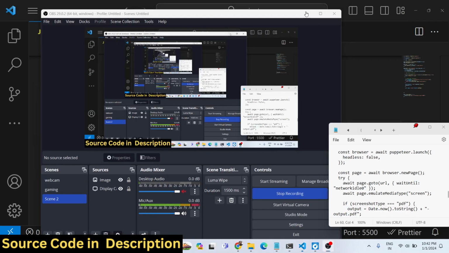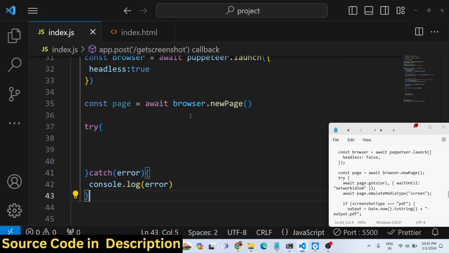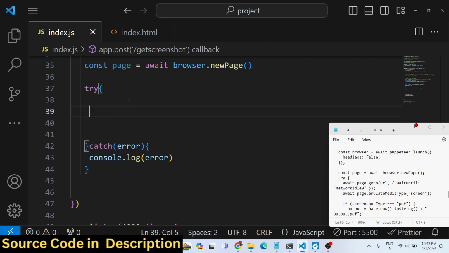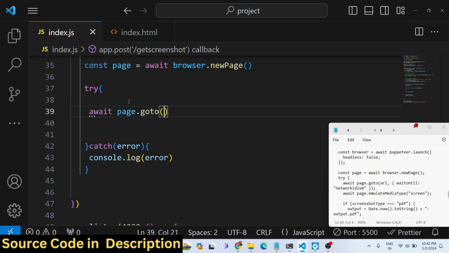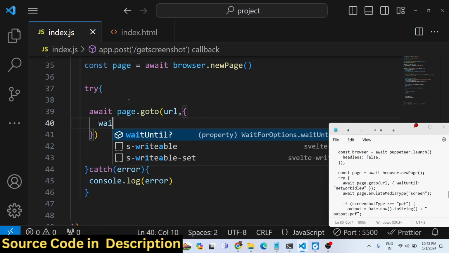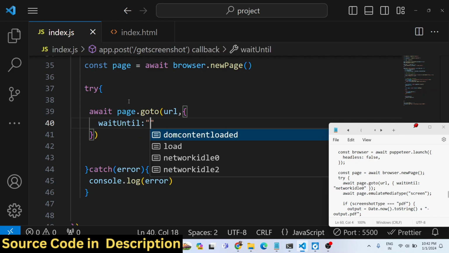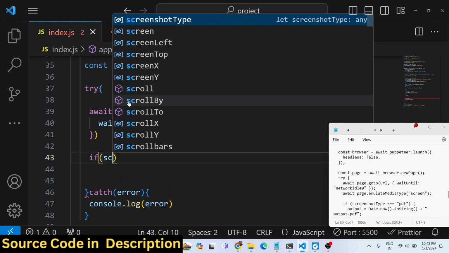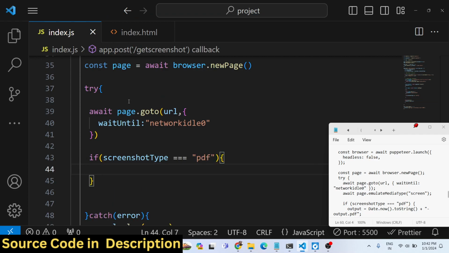Now guys, after opening the page using this function, we will now try to write all the code in the try catch block. If any sort of error takes place, then we can console log it. And here we will go to that URL using goto function and pass this option in the second parameter, waitUntil. This will be networkidle0. And then we will simply compare that if the screenshot type is equal to PDF, then we will capture the